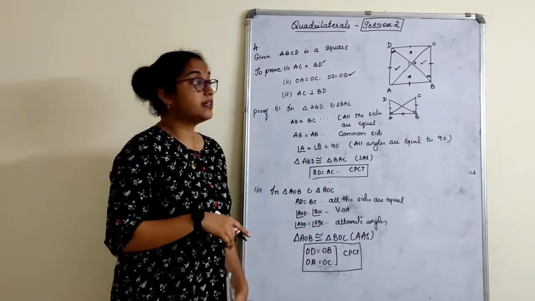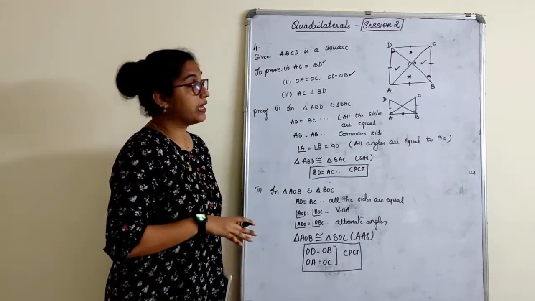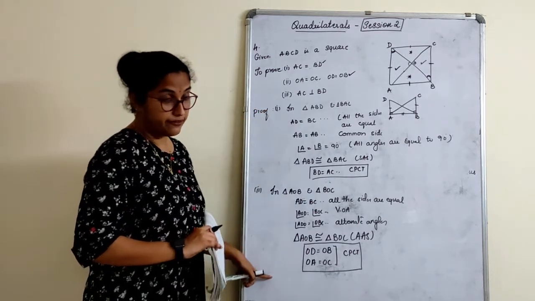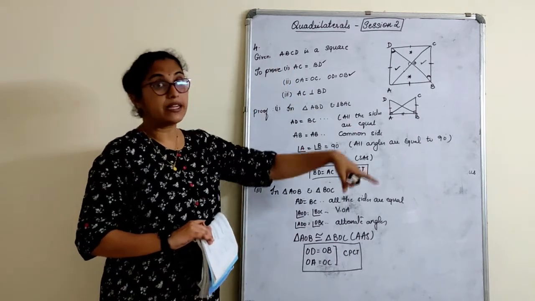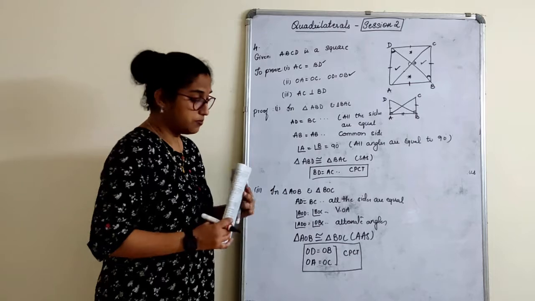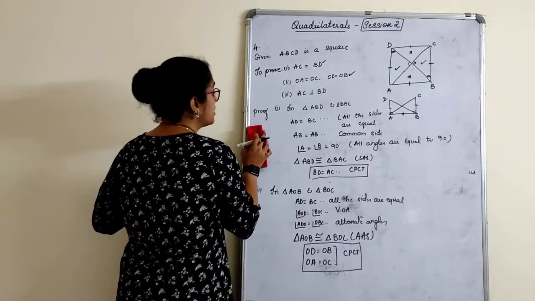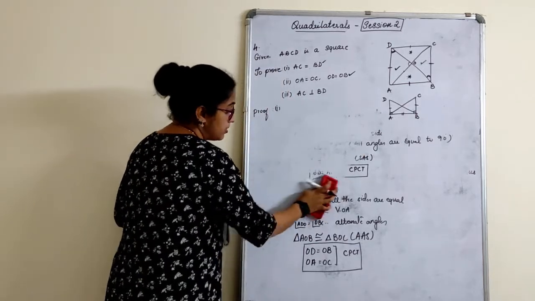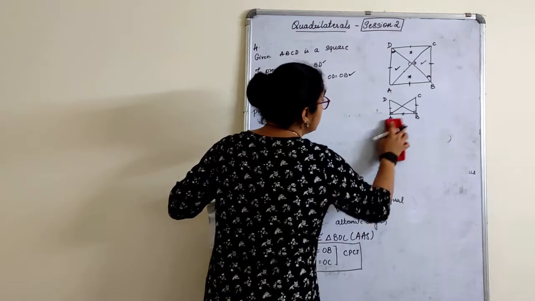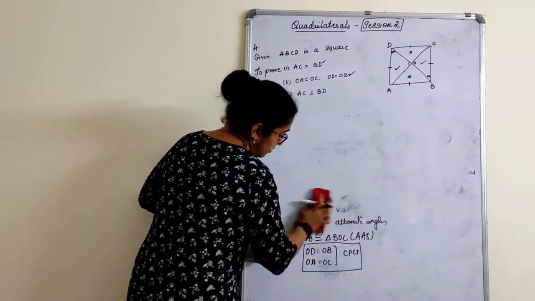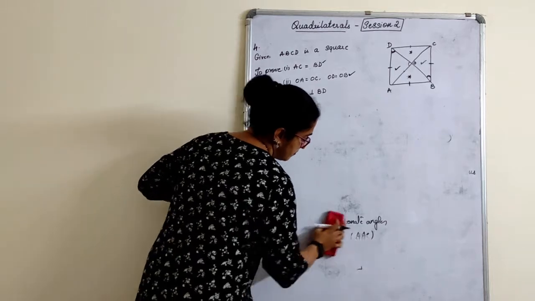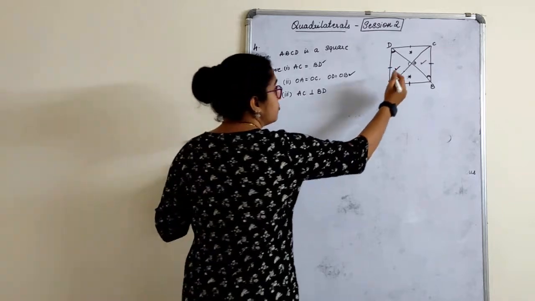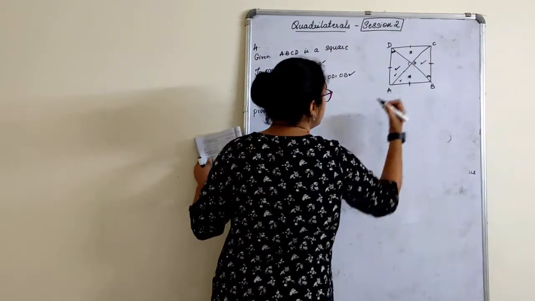Now to do the third part, we have to again choose a different set of triangles for congruency. Since there is no space, I will erase this part and for the third congruency I will again repeat a triangle for congruency there. For the third part, another set of triangles is to be chosen. We need to prove that the diagonals bisect perpendicularly. That means it should be 90 degrees. Let us choose one adjacent triangle now. So let us choose this and this.